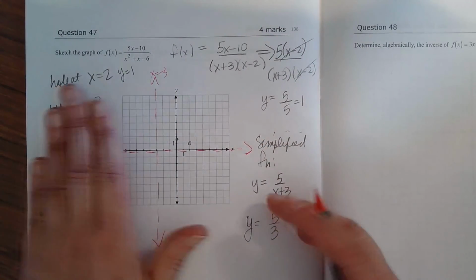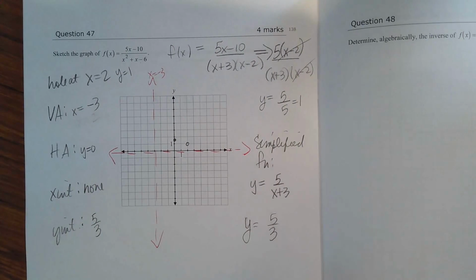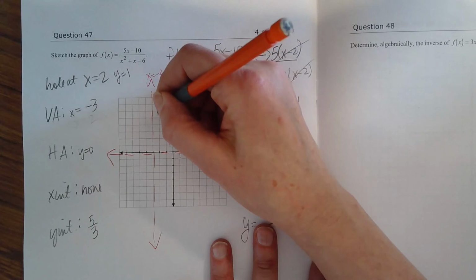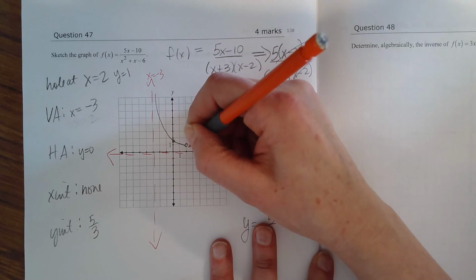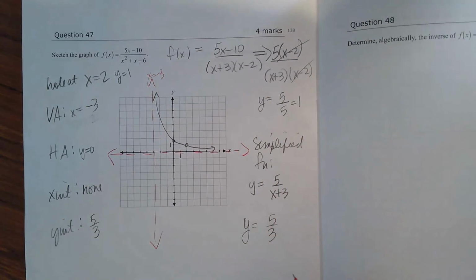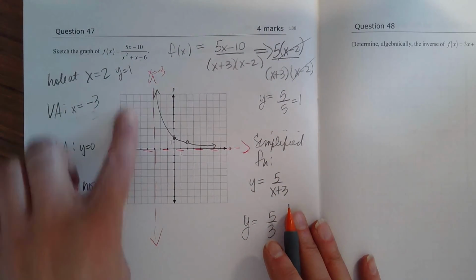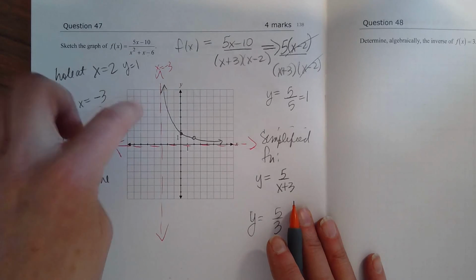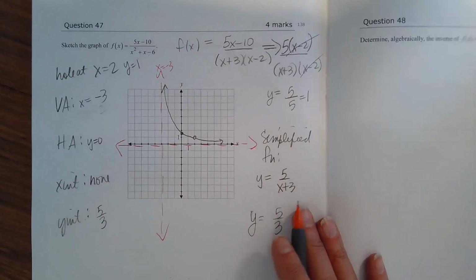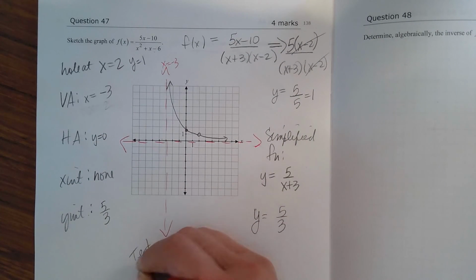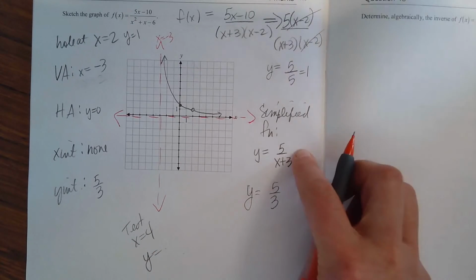Okay, I think I clearly see what's happening over here, right? I have my vertical asymptotes telling me the regions I have to worry about graphing. The left hand, the right hand, so I'm pretty sure this happens like this. And I do need a test point, don't I? Over on this side. I know it's a function, but I don't know if it's going to be up here or here, so I got to do a test point. 1, 2, 3, 4. I'll test point x is 4. So x is 4, y is, you're always using your simplified